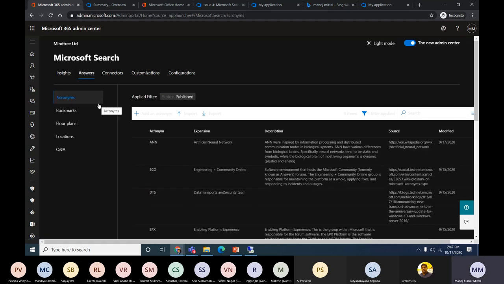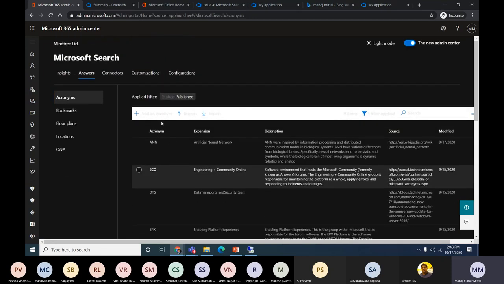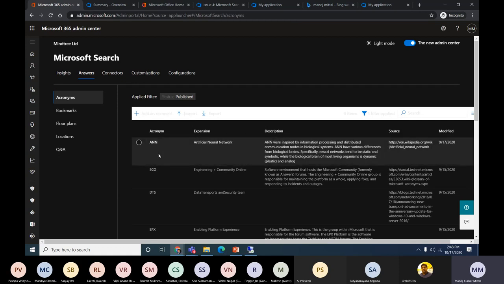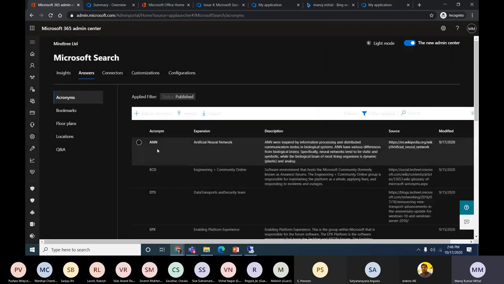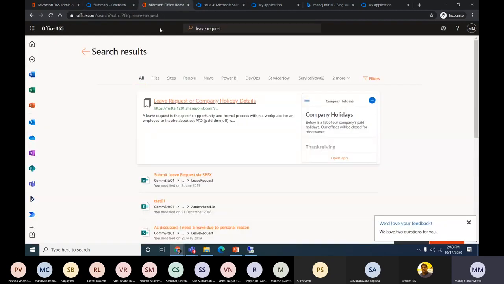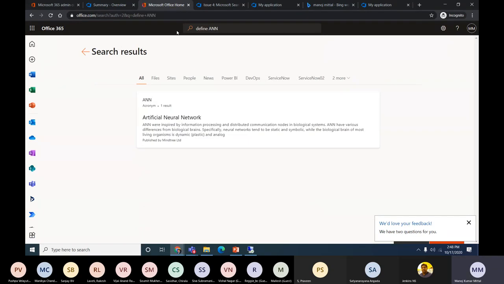Yeah, so I'll go back to this section. So what the acronym is there, okay? So these are a few keywords, some of the keywords which we need to design and showcase in our organization as promoted results. As you can see, I just added here, we can add acronyms as required, like how we edit acronym name, extensions, and all that information. So those contents we can edit from here once it gets published. So if we search for this particular word, ANN, if I go define ANN, you can see this is a promoted result. It's not coming from anywhere else.